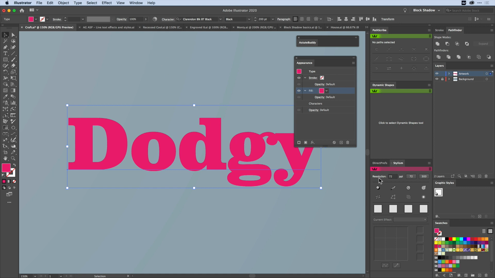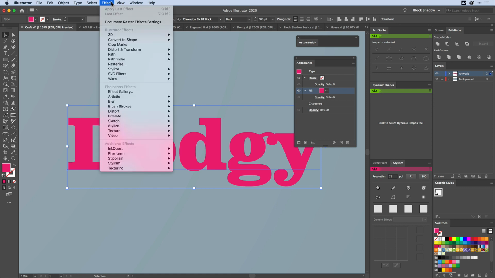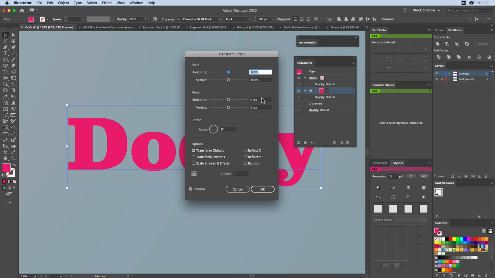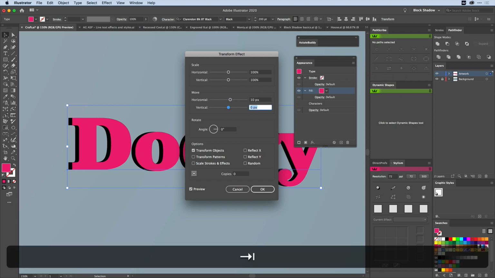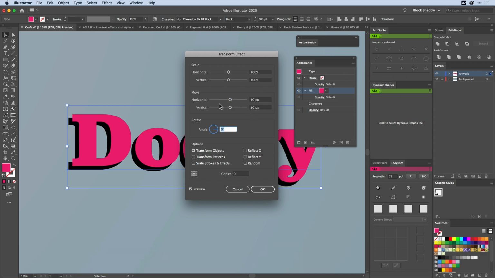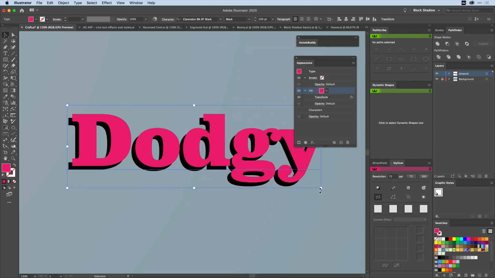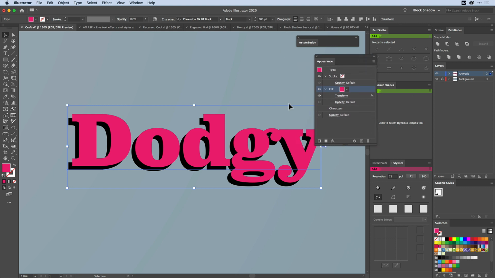Now, I could use the Stylism panel. It's all here, but I'm not going to cheat at the moment. I'll cheat in a second. I'm going to go to the Effect panel, Window menu, and I'm going to go to Transform. I'm going to tick on Preview, make sure it's ticked. And I'm going to alter the X and the Y, the horizontal and vertical move off that magenta thing. Now you can see what's happened here a bit more clearly. You've got the underlying text, that black text that we had, and we've got this duplicate fill on top of it, and that is always going to mimic what that text is underneath.